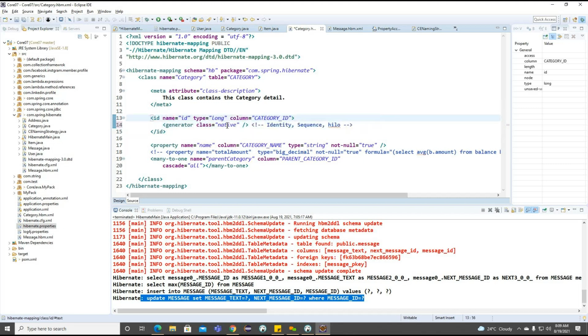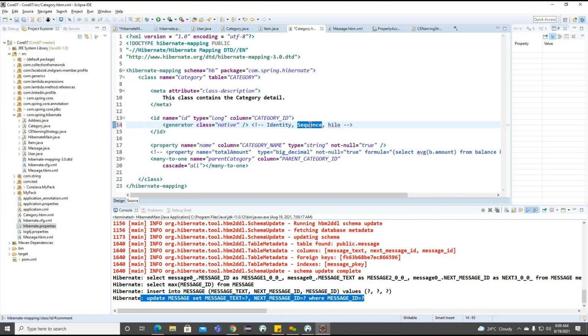So for example, if I'm going to make it native, first we need to understand identity. How exactly is this identity going to work? Basically, identity is supported on some different databases here: DB2, MySQL, and MS SQL Server. Getting the point? So it's supported on DB2, MySQL, and MS SQL Server, but it's not going to support Postgres here. If I provide identity, what it will do is check whether there is any other alternative generator class we are having or not, because identity is not useful.